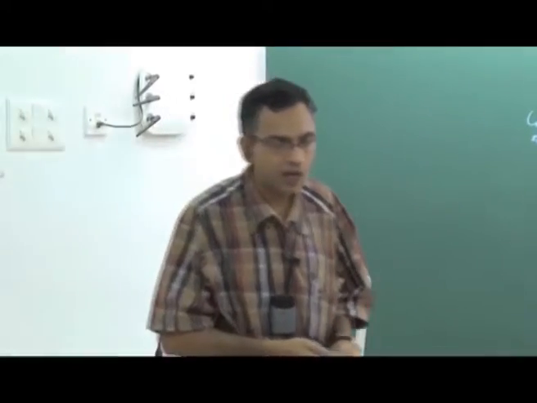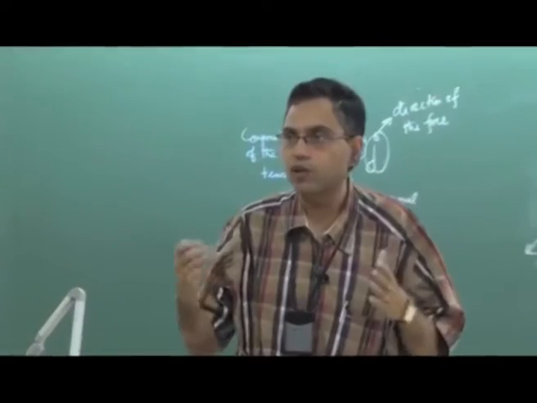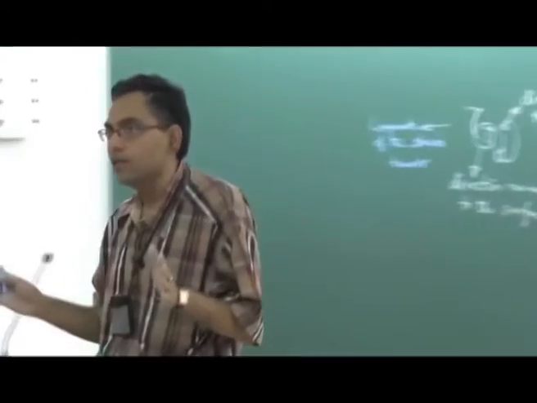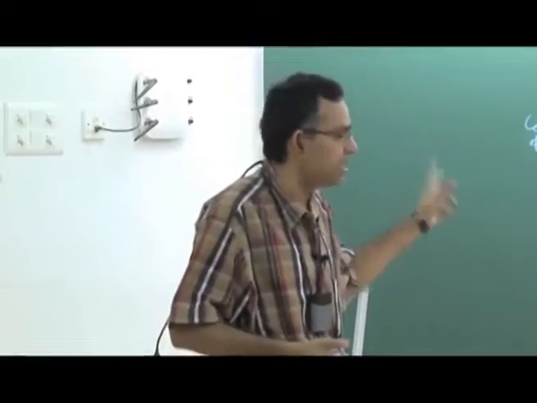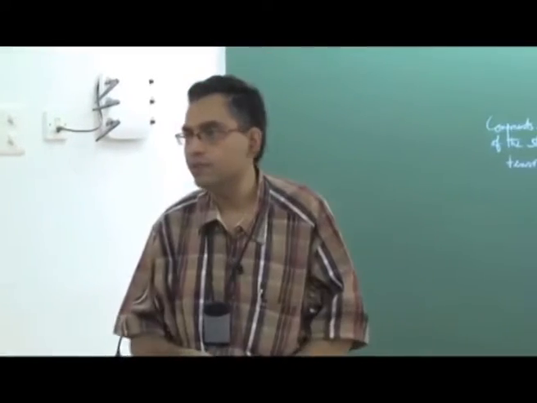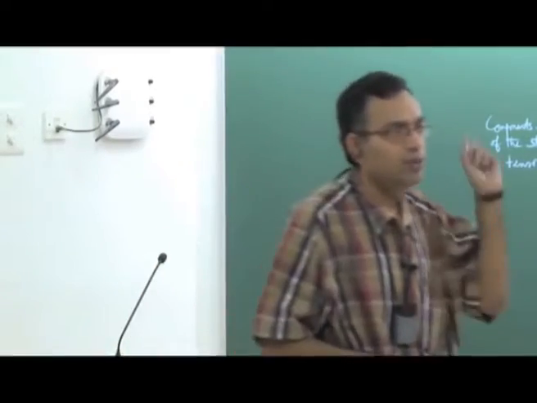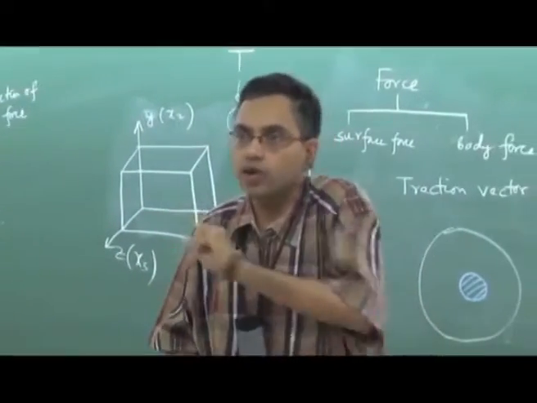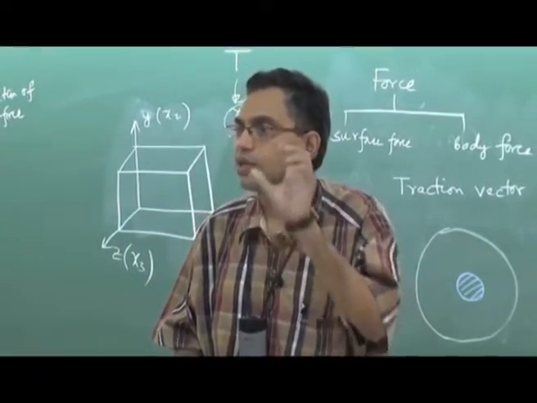It is very difficult to define at this level what a tensor is, and I do not want to get into that abstract mathematical discussion here. It is not very important, but we have to understand that a tensor is somewhat more general than a vector. A vector is a special type of tensor. So this example tau ij is called a second order tensor because it requires 2 indices for its specification. A vector requires 1 index, so a vector is a first order tensor. A scalar requires no index, so a scalar is a 0th order tensor.